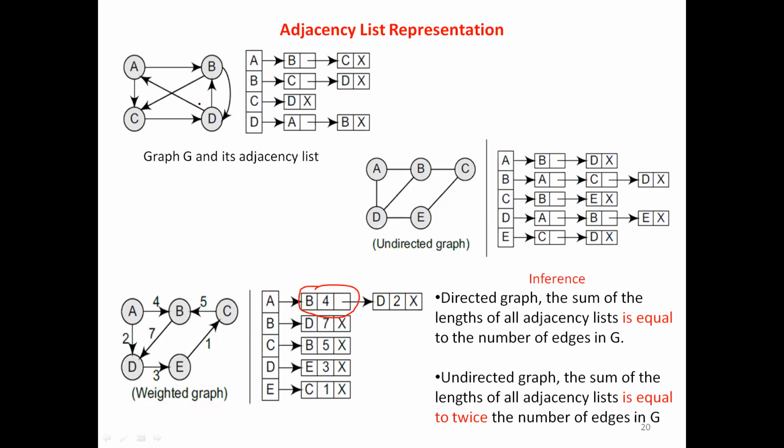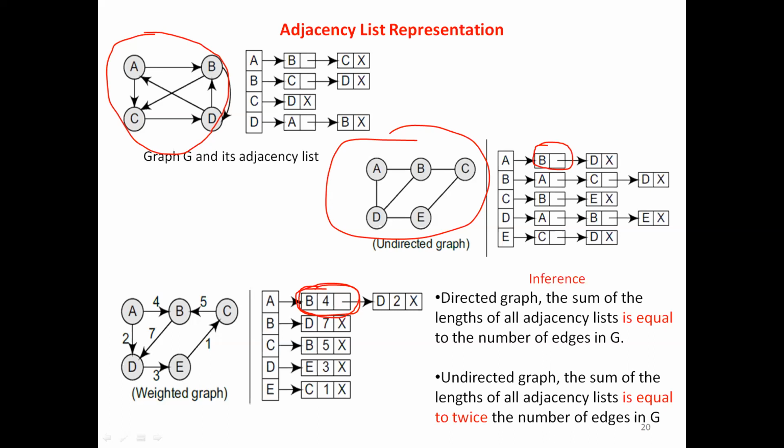The same thing. Here in case of the first graph, it is unweighted. Here also it is an unweighted graph. So here only two pieces of information are there in the node. But in case of a weighted graph, we have three. First one is the key value of the node. Second field is the weight. Sorry, this is about edges, right? Where it is connected, the weight of the edge, and the address of the next node.